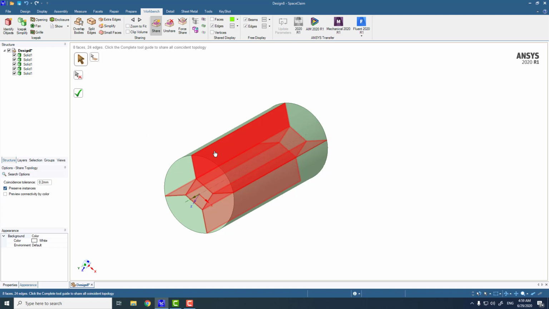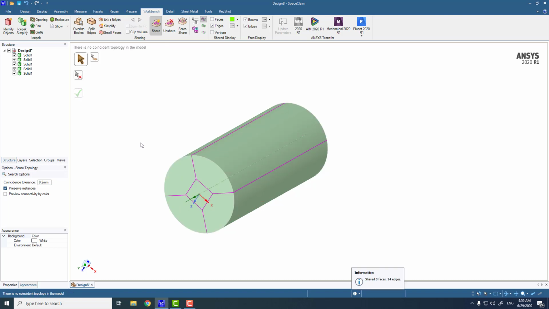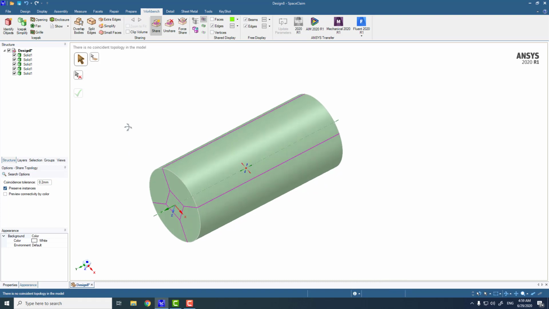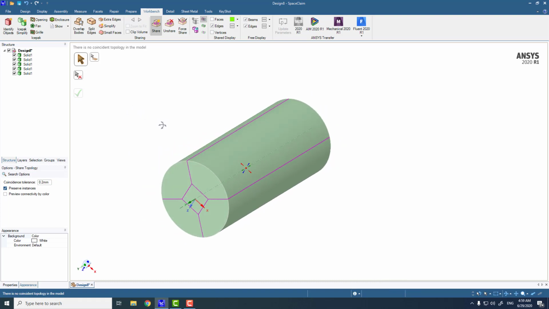If you want to select only one part, you can set that part manually, but I don't think we require the connection between two bodies at this location only. We need the connection between all the bodies. So I am going to select this tick mark, and this will automatically make the connection between all the five parts. And now we are ready for the meshing.